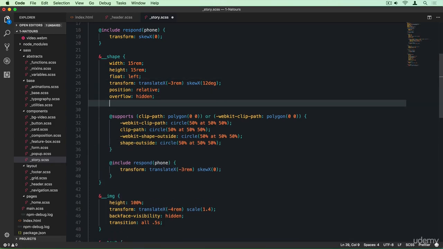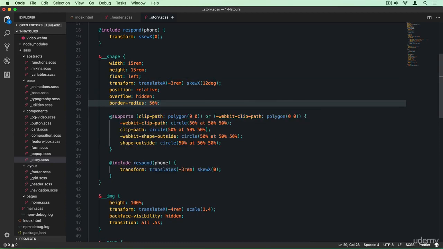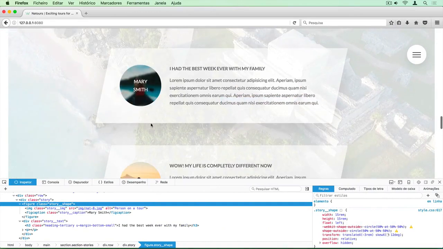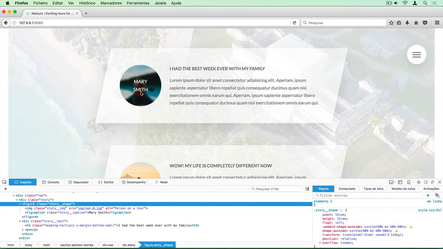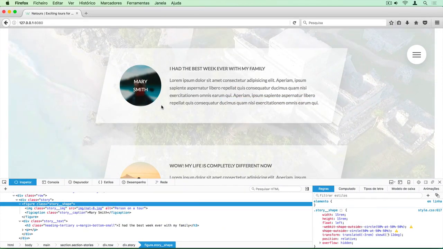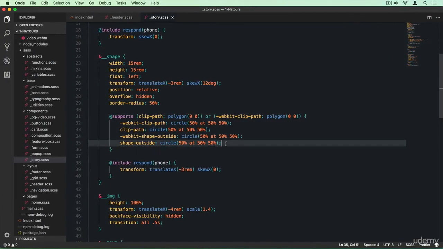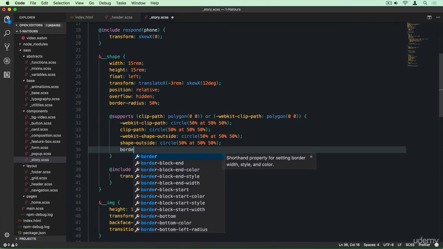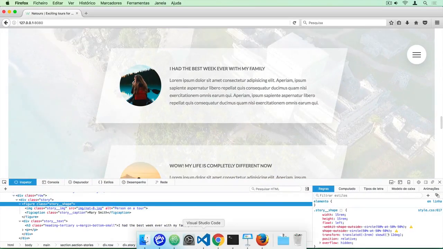Now just to make this round, we can try border radius of 50%. And so now it's actually also round. So it looks actually similar to the way that it looked before. The only difference is that now it's not flowing here on this round side outside of that circle, right? And so what we need to do in here is border radius none. So if the clip path is actually supported, then that border radius shouldn't be 50%. It shouldn't simply exist. Okay, so let's take a look at that now in Google Chrome